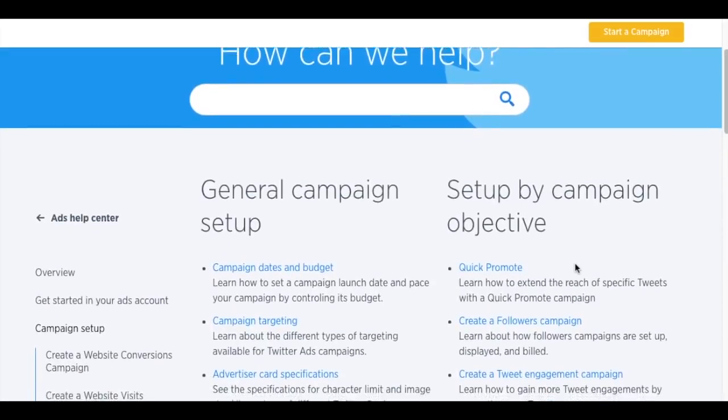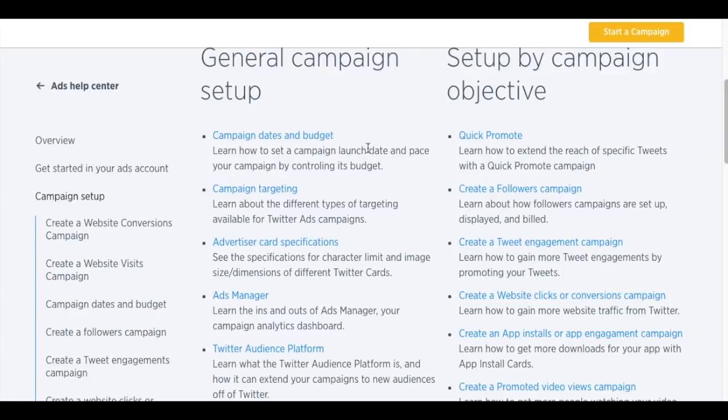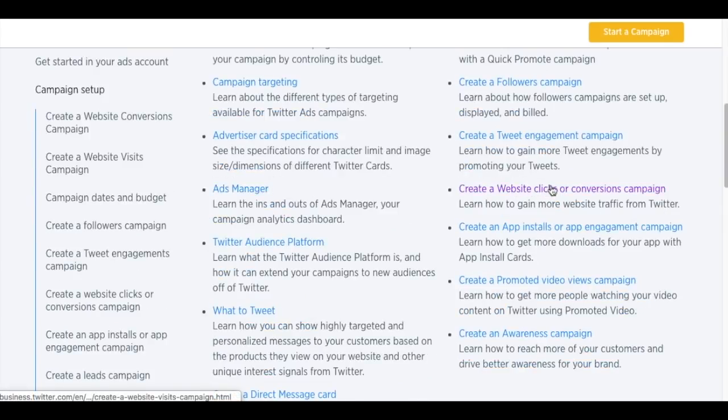So they have a lot of different options when it comes to Twitter ads. You can do setup by campaign objective, general campaign setup. So pretty self-explanatory. You come in here, you can start your own campaign. You can see quick promote, create a followers campaign, create a tweet engagement campaign, create a website clicks or conversions campaign, app installs, promoted video views, awareness. So they have pretty much any